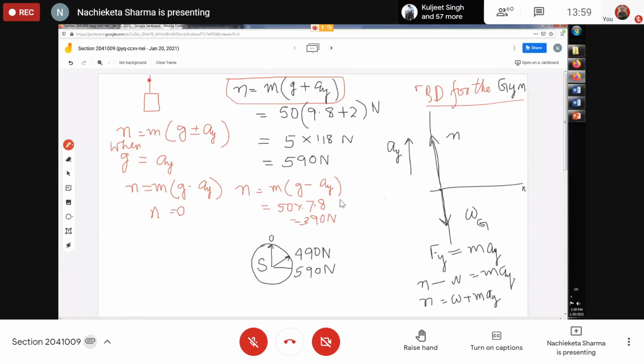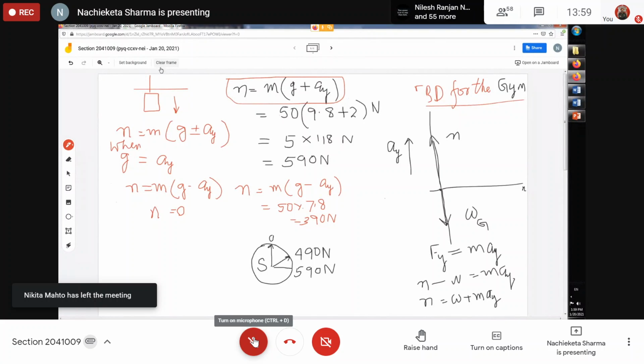This is the elevator's cable. If I cut it, then there will be a free fall. And you know, free fall means g is equal to 9.8 meter per second square. So I hope I have made you clear about the apparent weight and apparent weightlessness. So in the next class, we'll read a new concept of frictional forces.